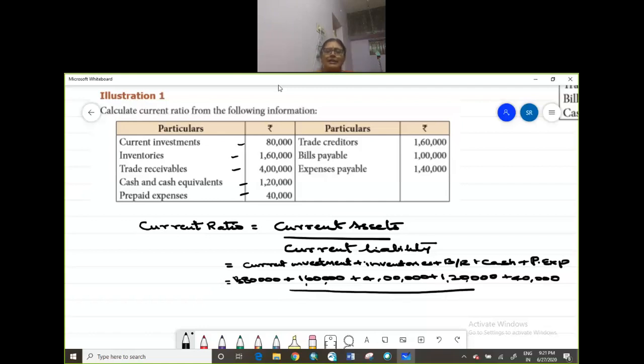your current liability. What is there in the current liability? You have trade creditors, that is sundry creditors, bills payable, then expenses payable. So you add all this together: 1,60,000 plus 1 lakh plus 1,40,000. Fine. So now let us total and find out